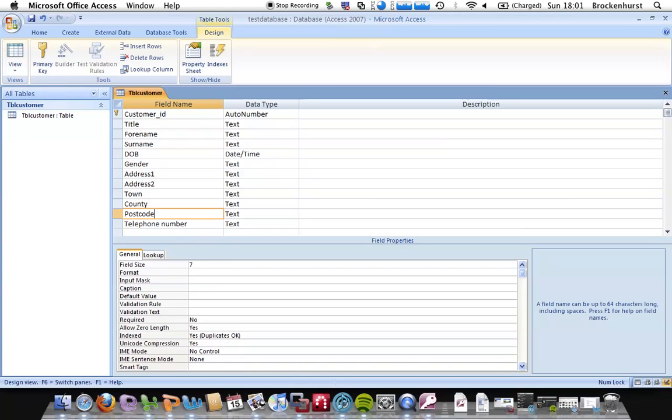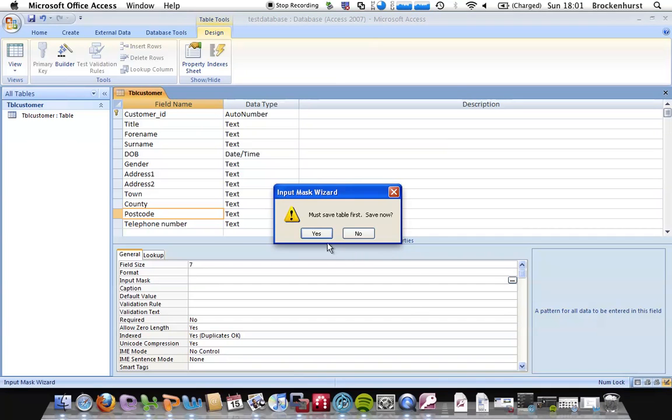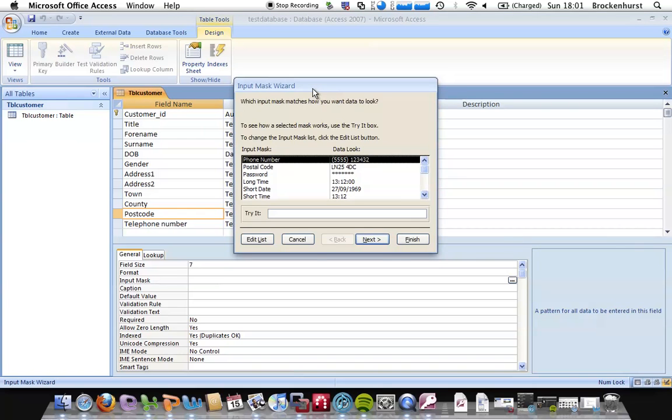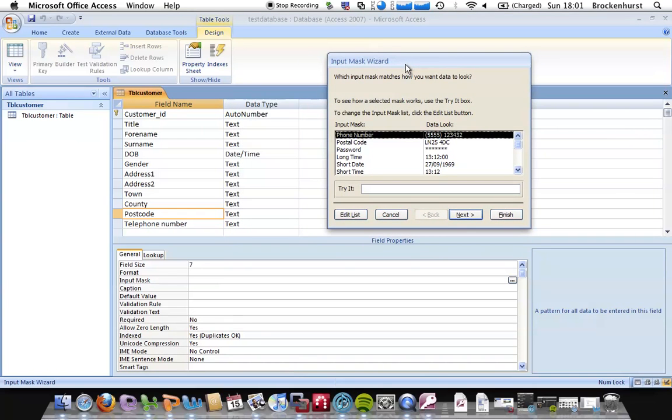Second one we're going to have a look at is postcode, and postcode is something which is going to be in virtually every system, and also there is a built-in function to produce an input mask for a postcode, but unfortunately for us it's not quite correct, so we're going to have to amend it. So again, I've clicked on postcode, I've gone down to input mask, I'm going to click on the button with the 3 dots to open the wizard, and you'll see, because it's a text field, it's given me a few choices. Phone number, there's password, there's a postal code in there, and there's a few others for dates and times, as you've seen before. So I'm going to click on postcode, and I'm going to click through on to next,